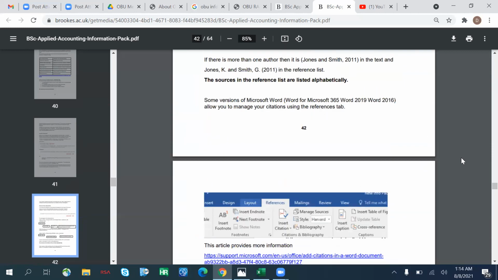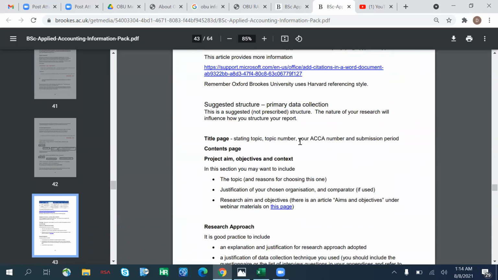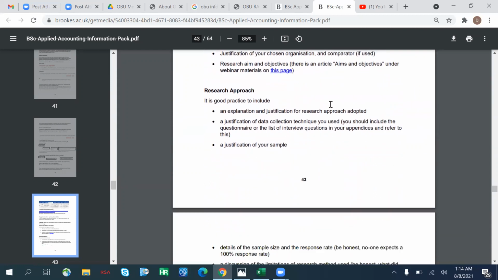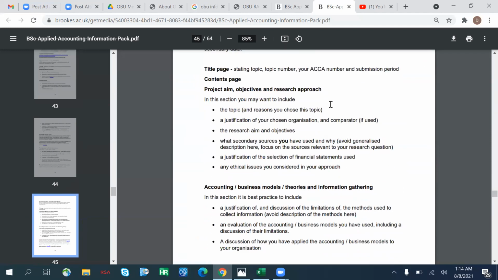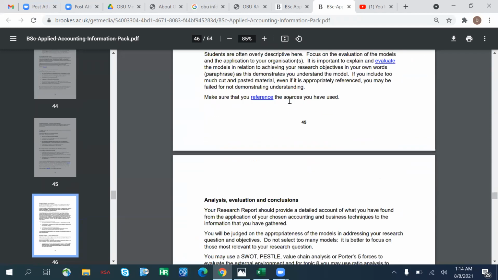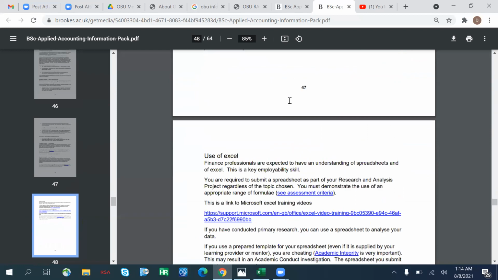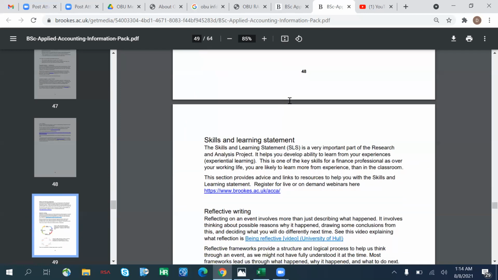So it has the structure for both if you're using primary data, how your wraps should be structured, if you're using secondary data, how your wraps should be structured, and also it has a structure for your SLS as well, which requires you to answer